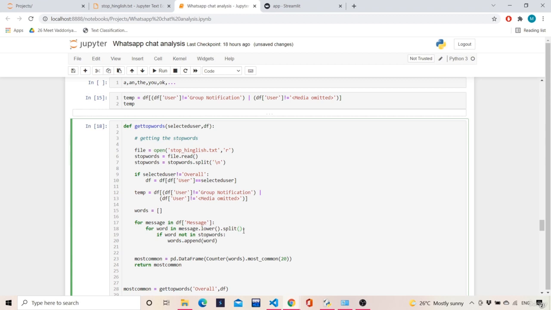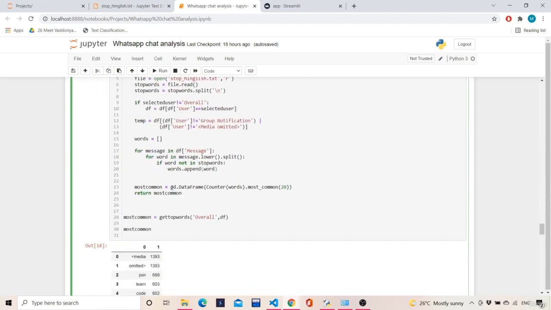Is all a part of stop words? Yes, it is a part of stop words. Do not append it because it is violating the condition. Is class a part of stop words? No, it is not. So append it into the words. So the three most meaningful words from that sentence were please, attend, and classes. So in this way, this particular function is working.